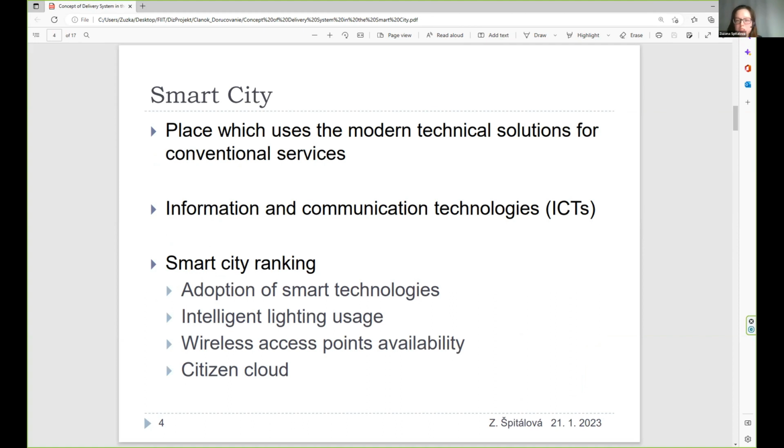There are many definitions of that, but according to most sources, a smart city is defined as a place which uses modern technical solutions for conventional services and networks for improving the daily life of the people who live there. There are also many information and communication technologies used in this environment, and among them there are artificial intelligence technologies, machine learning, 5G networks, and many others.